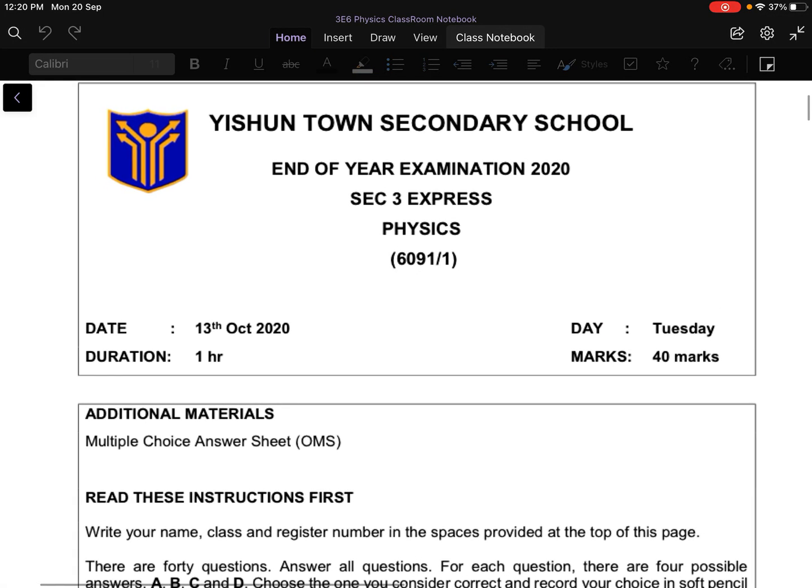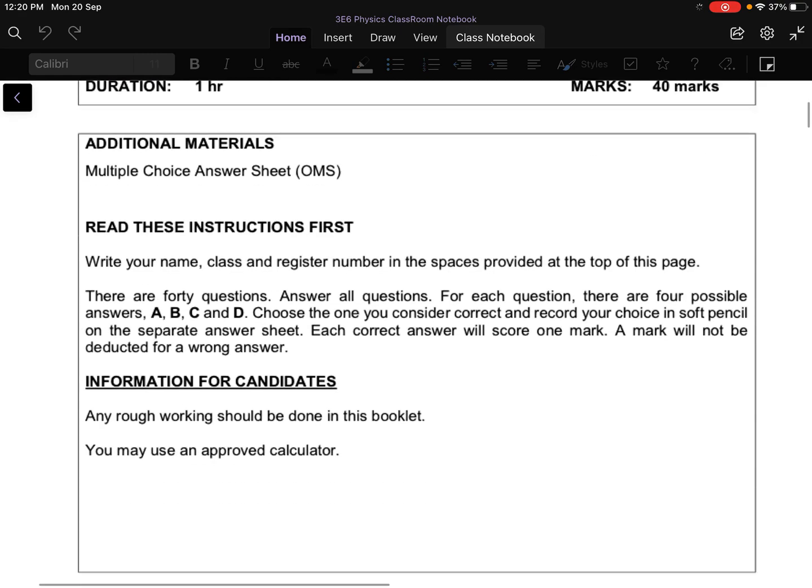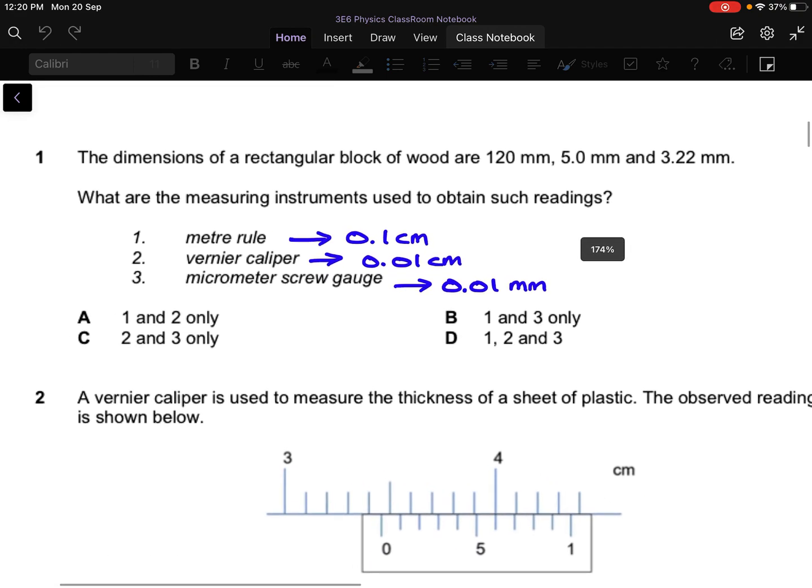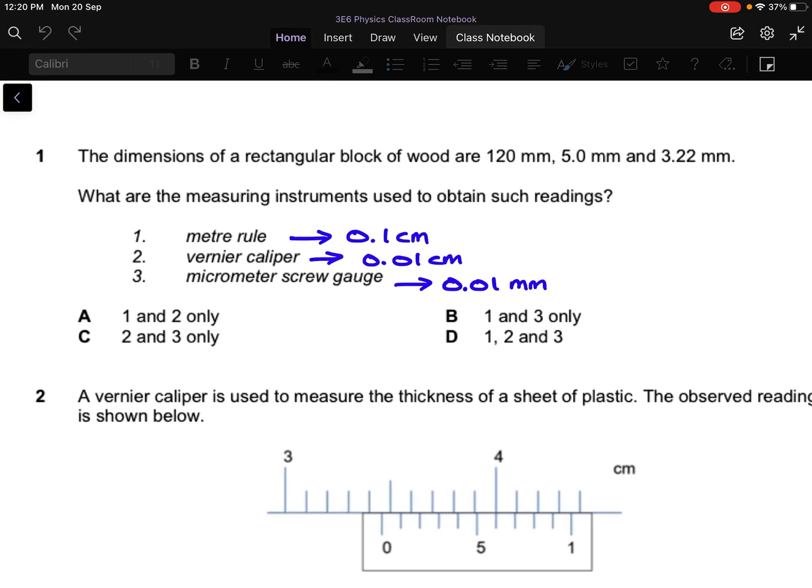Okay, in this video, I will be going through the end of year 2020 for the Set 3 Express. I will divide the video according to the pages, so you can skip directly to the pages that you have problem with. Okay, for question 1, actually this is one of the questions that last year Set 3 has the